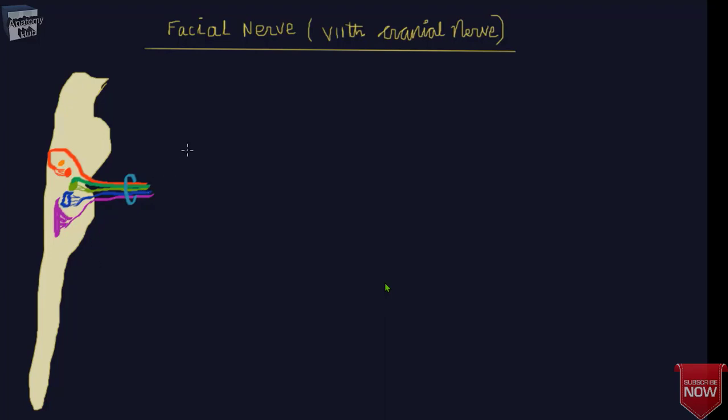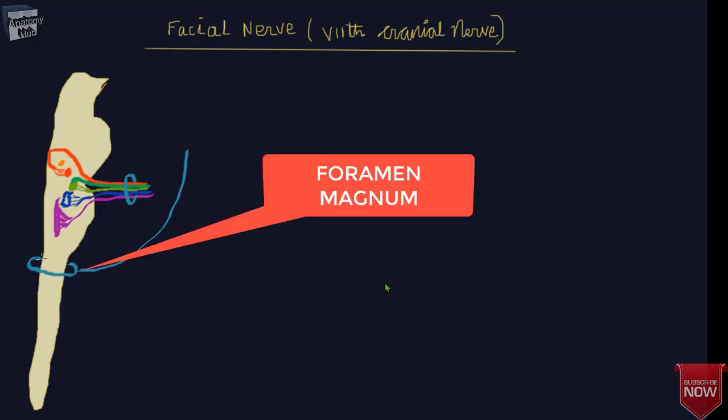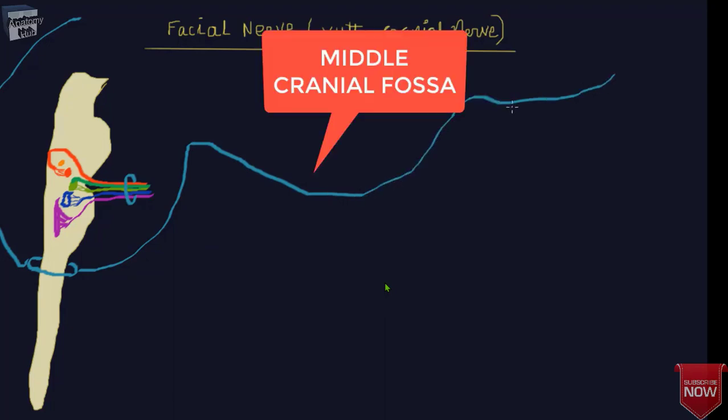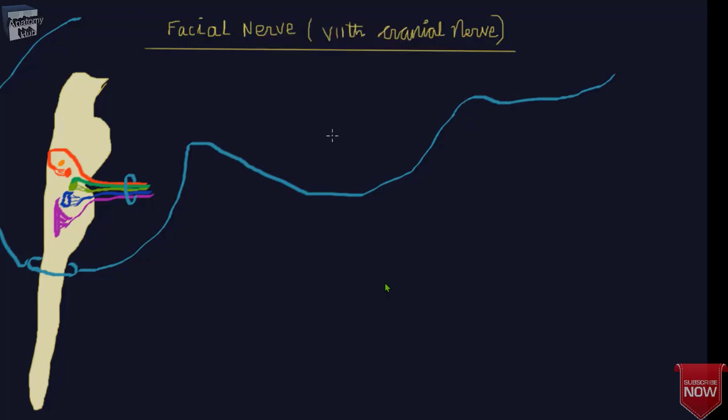So here we will draw the posterior cranial fossa, and here you will find the foramen magnum, through which the lower part of the medulla and the spinal cord actually exit from the brain box, and here you'll find the middle cranial fossa, and then you'll find the anterior cranial fossa, right? Okay, then here you'll find